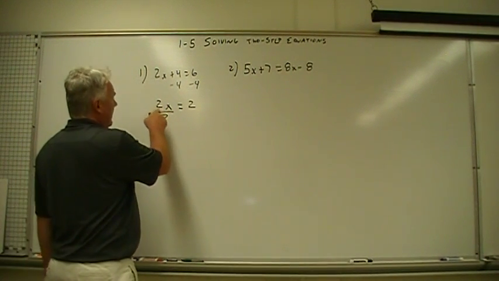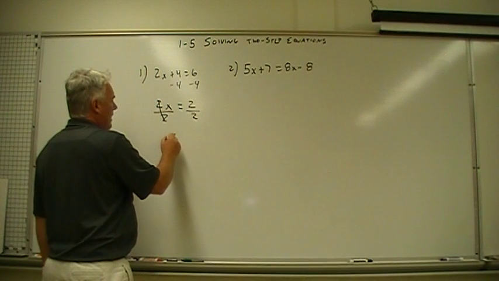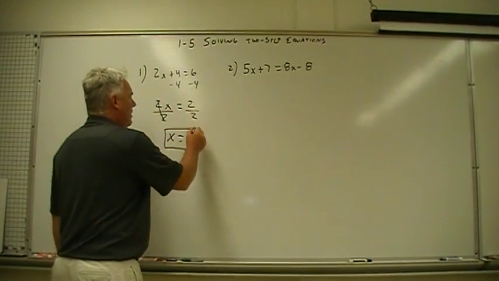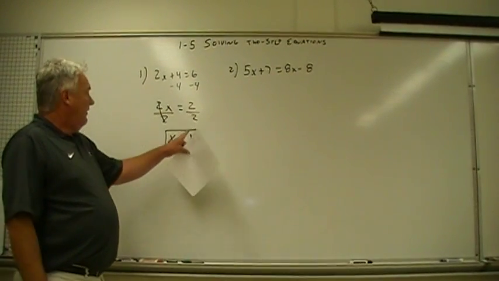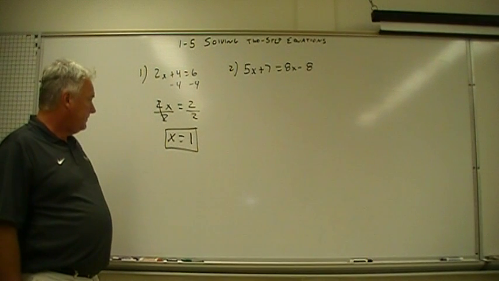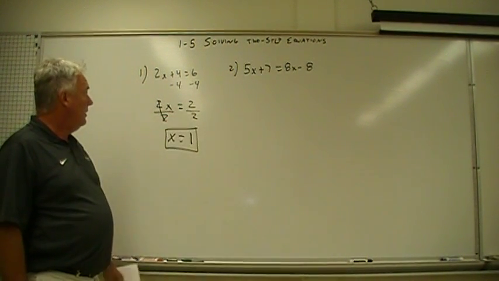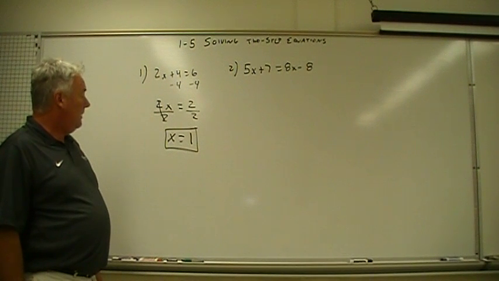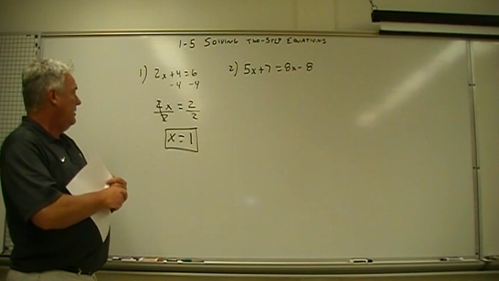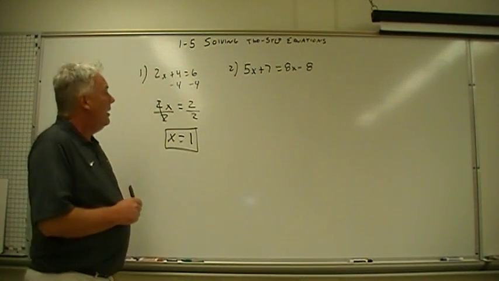Divide both sides by 2. Get rid of this 2, get rid of that. X equals 2 divided by 2, which equals 1. Often this is a whole number once this is divided by this. Sometimes you'll get a decimal or a fraction on things. So that's what you'll eventually get, whatever this division is right there. Alright, so